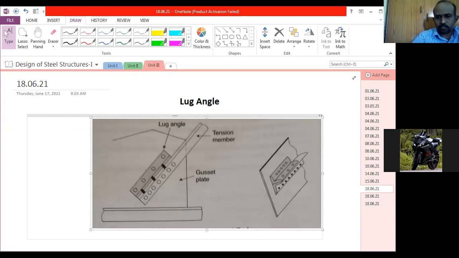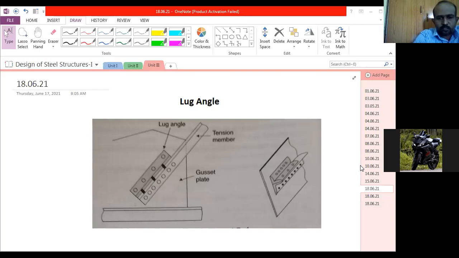the second part of the session, right? We have calculated type 1 problem. If any connection is given, then you are asked to calculate how much strength the particular connection can get, based on 3 important failure criteria: yielding capacity, rupture capacity, as well as block shear capacity. Am I right? And second, type 2 problem, some load will be given. Based on the load, you are asked to design the member in order to carry the design load.